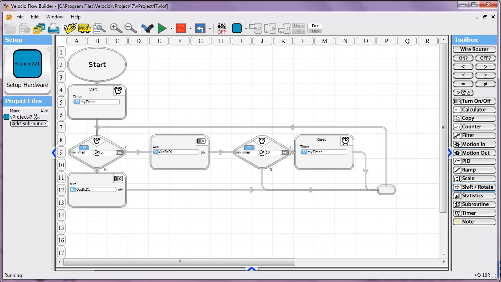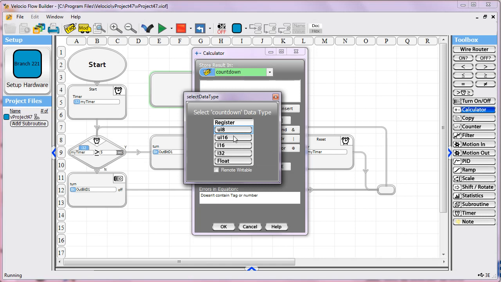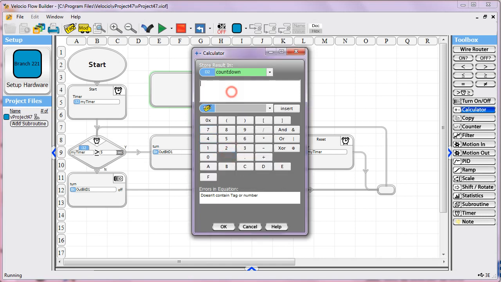So what we want to do there is we're going to use a calculator for this. And I'm going to store the results in a new variable I'm going to call countdown. And we're going to make that an i32. And what it's going to be is, we'll count down from 10. Like this other guy was really going 0 to 10. We'll make this go 10 down to 0. And